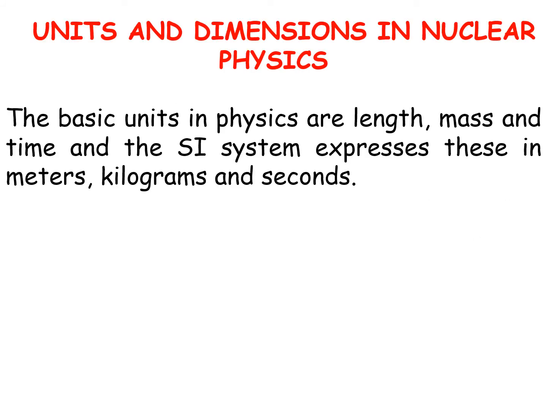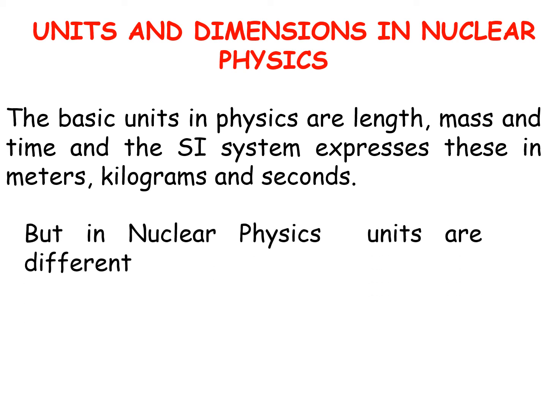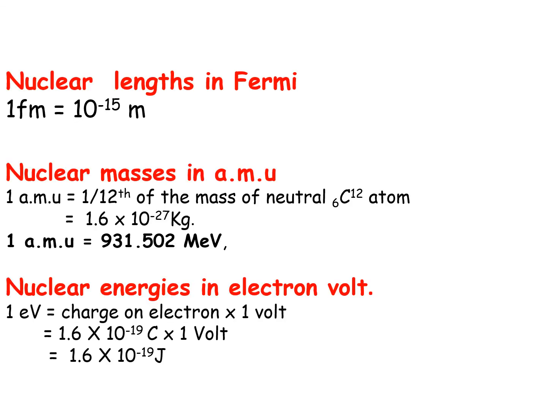Now, let's talk about units and dimensions in nuclear physics. As we know, the basic units in physics are length, mass, and time, and the SI system expresses these in meters, kilograms, and seconds. But in nuclear physics, the units are different. Let's see. In nuclear physics, nuclear lengths are measured in Fermi. Fermi is the name of the scientist. So nuclear lengths are measured in Fermi, and 1 Fermi is equal to 10 to the power minus 15